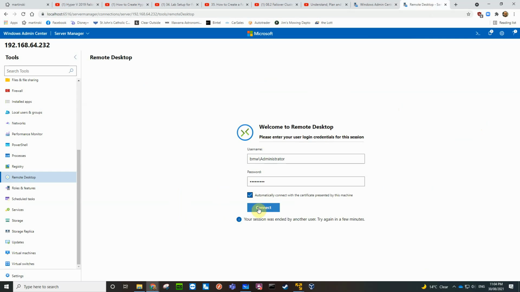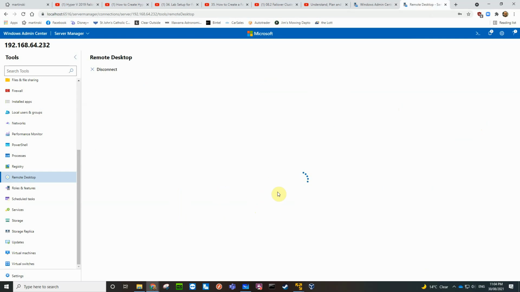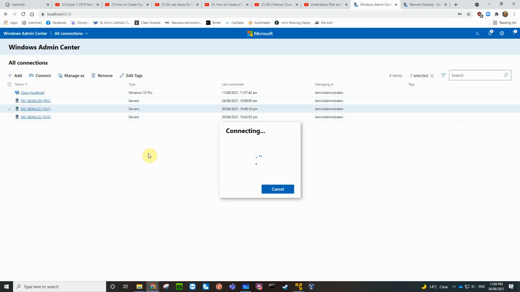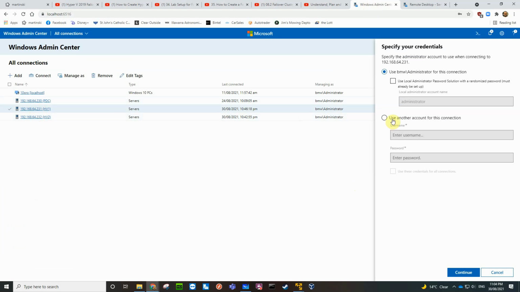Okay, so let's reconnect. And HyperV1 connecting. It's doing a restart, so